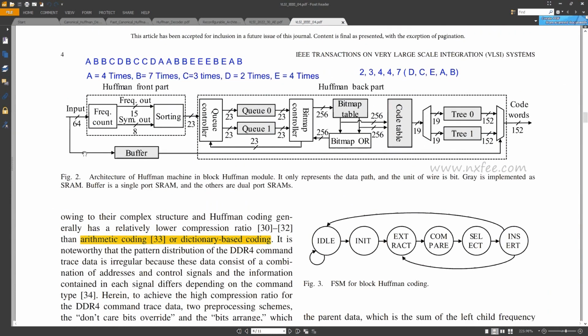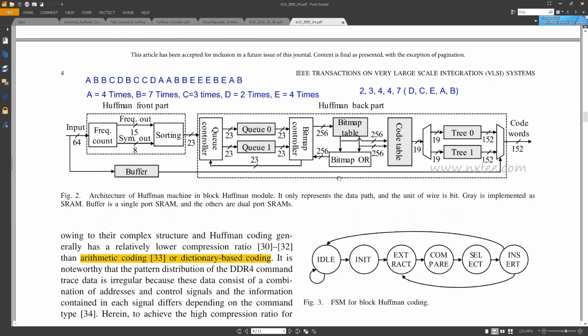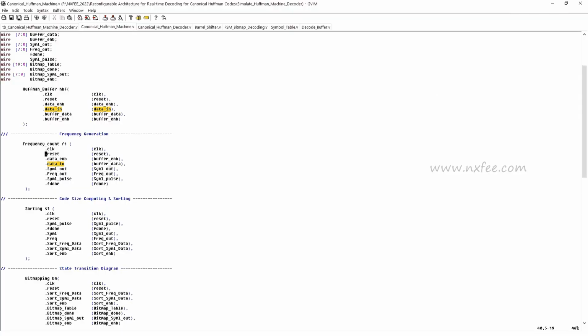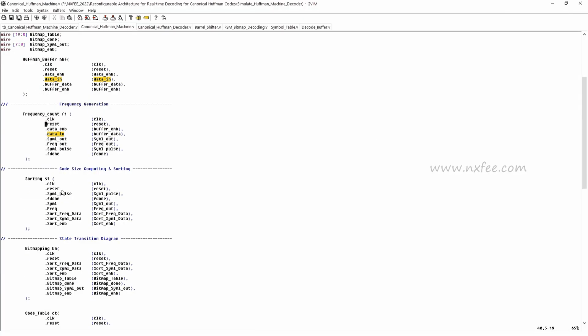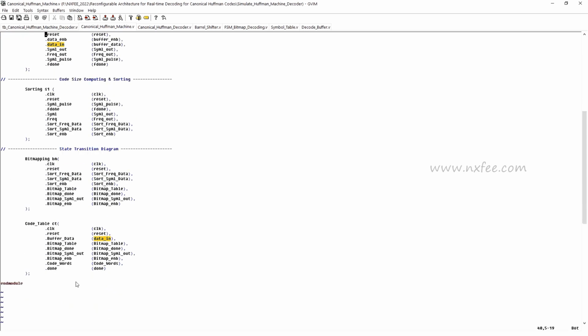This is a method for the Huffman decoder, with a Huffman front part and a Huffman back part. Using this reference we have designed this architecture: frequency count, buffer, bitmap table, bitmap controller, and the state machine, everything we have done with the encoder. This is the encoder architecture: Huffman buffer, frequency count, sorting, bit mapping, and finally the code table. Once the code table produces the code words,